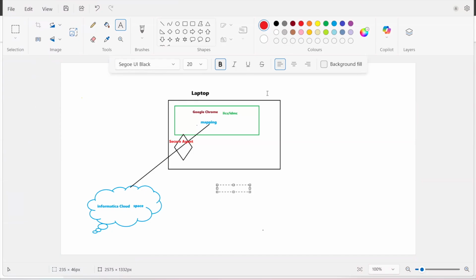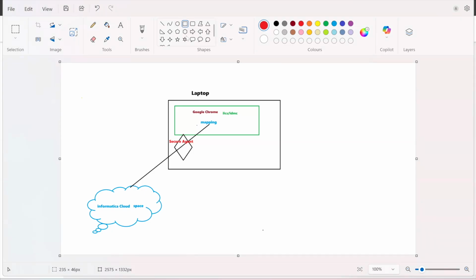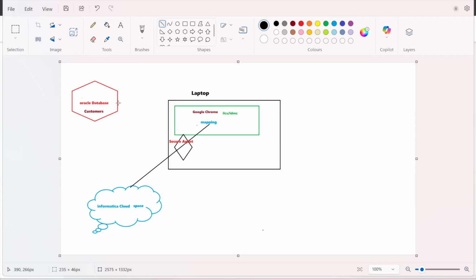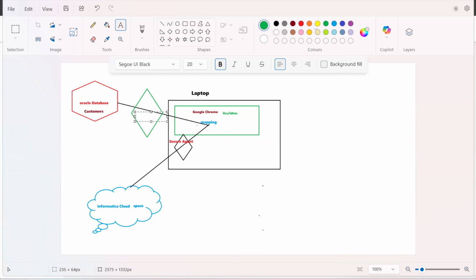Not only that, for example, I have an Oracle database. In this, I have a schema, and also a customers table. Now I want to import this customers table to an IICS mapping. How will it import? Again by using the secure agent.